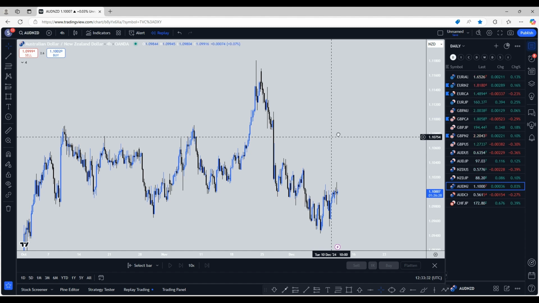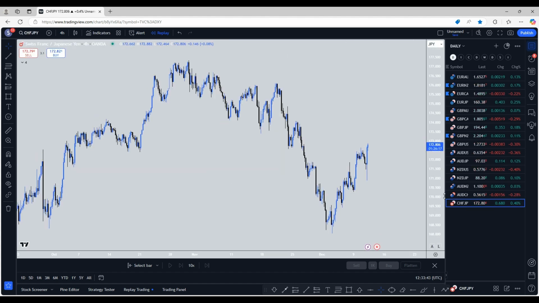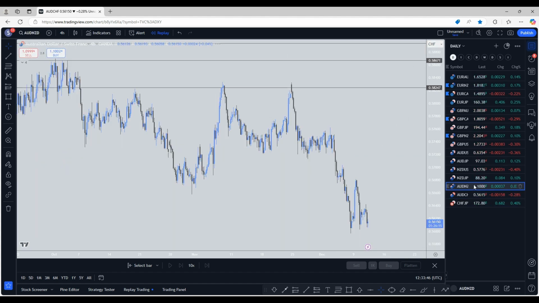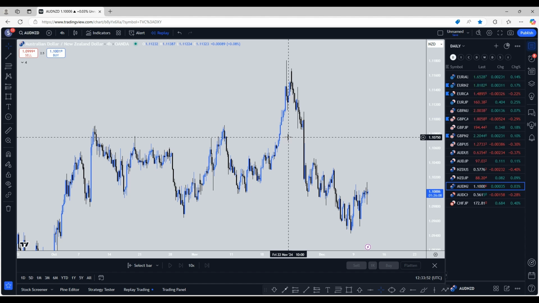So if I am someone who trades an overnight session, maybe I'm from Australia or Tokyo or something like that, then realistically, I am going to want to be trading things like Swiss franc yen, Australian dollar Swiss franc, Australian dollar New Zealand dollar. The main reason being is that when I am looking at these pairs here,